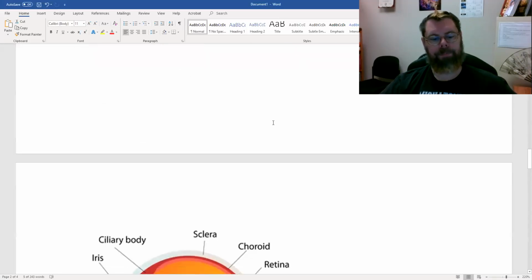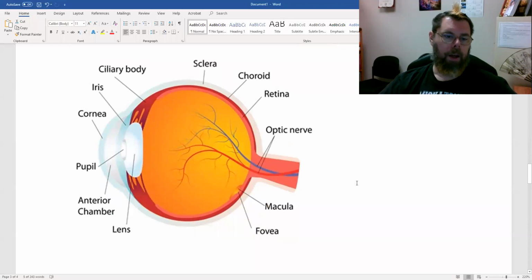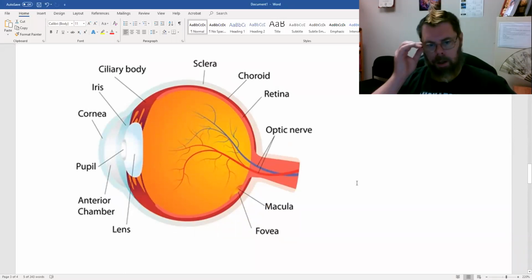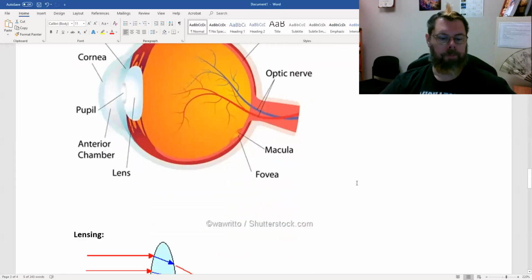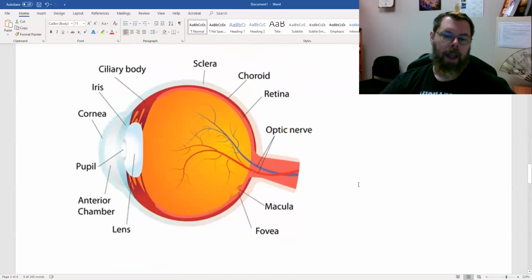Let's talk about eyes. What do we have? Here's a picture of an eye I stole from the internet, Shutterstock or something. And you don't need to know all this stuff, but let's talk about the important points. Right in the front here, you have the cornea. The cornea is just a thin, transparent coating that protects the workings. You want to keep the hole and stuff covered up, right?